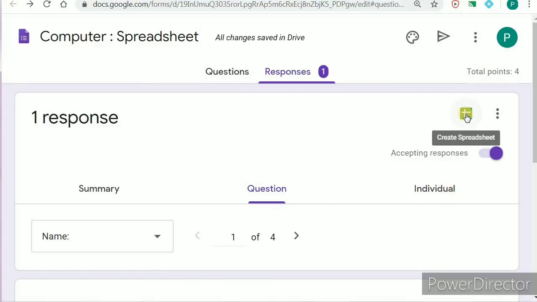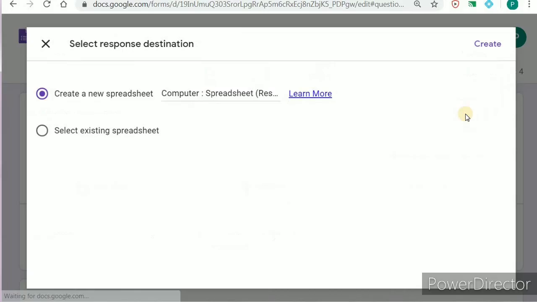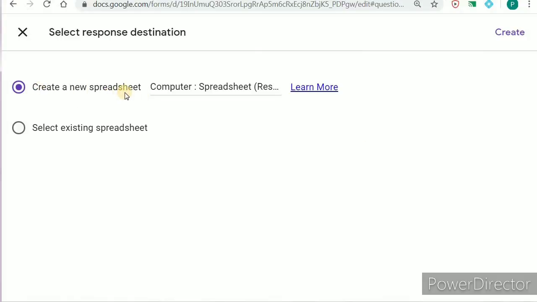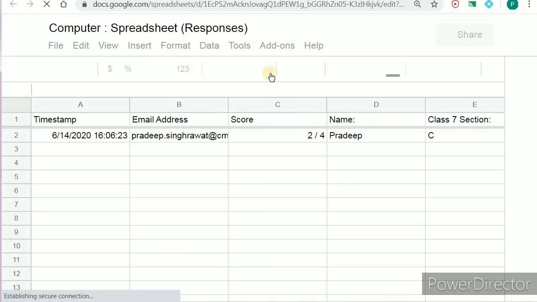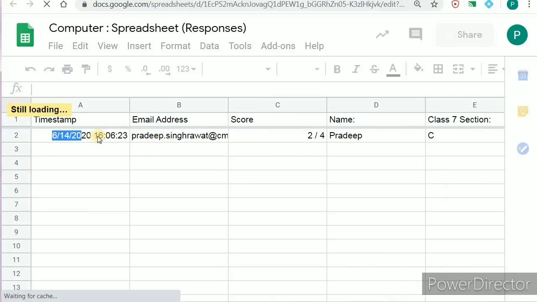If you want the responses to be stored in an Excel sheet, then you should use the spreadsheet option. It will ask to create a new spreadsheet, and the form name will appear. The same file name will be there, only in brackets it will say responses. Then it will create an Excel sheet and all the answers of all the students will be collected there. The timestamp automatically registers the time at which the form was submitted, and the email address is also recorded.